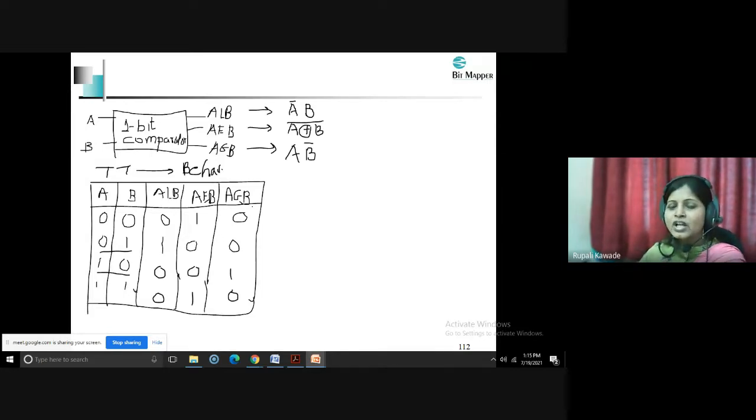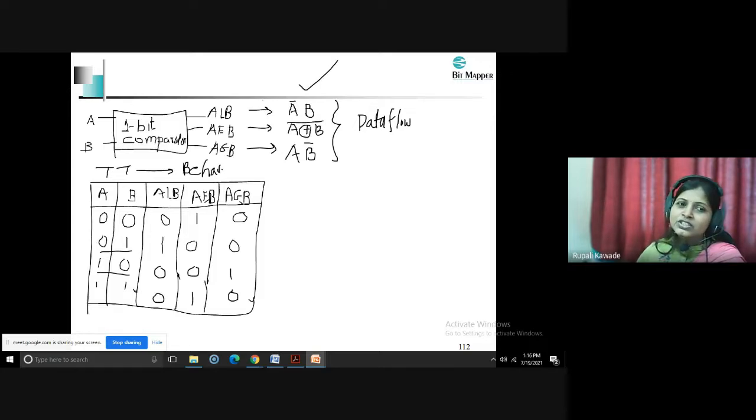So this is the way with which, with this Boolean expression, you can write the data flow modeling style. And if you draw the logic diagram using these Boolean expressions, then this will give you the inside of this block diagram. From that you can understand what are the different blocks present in this 1-bit comparator, and based on that you can develop separate modules, and then you will write a top level module just to combine all those blocks. So that is your structural modeling code.